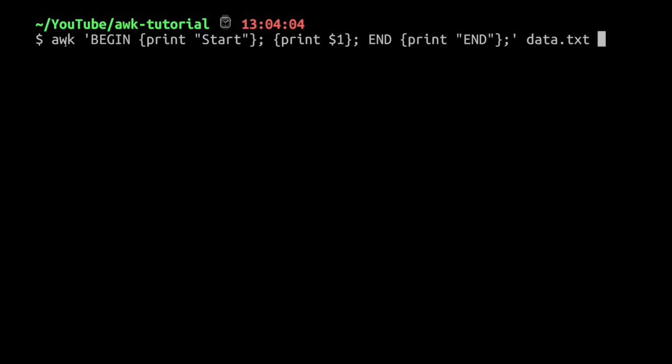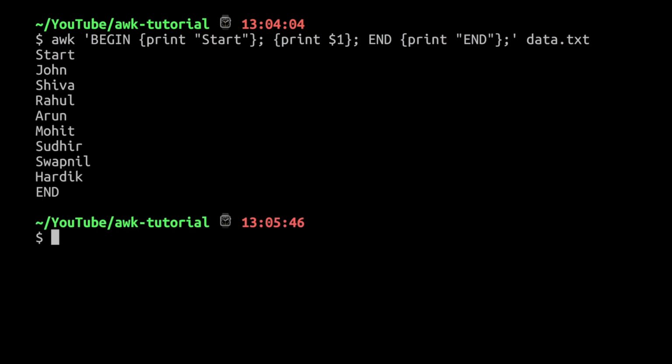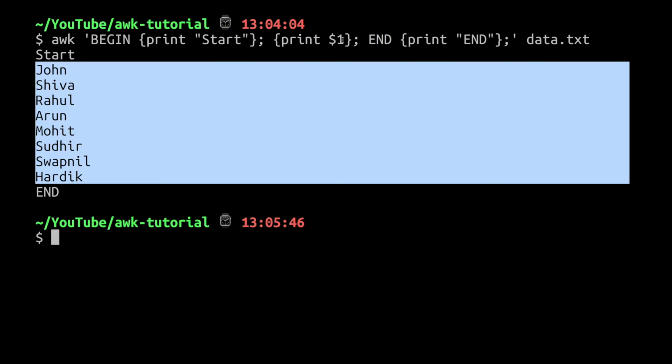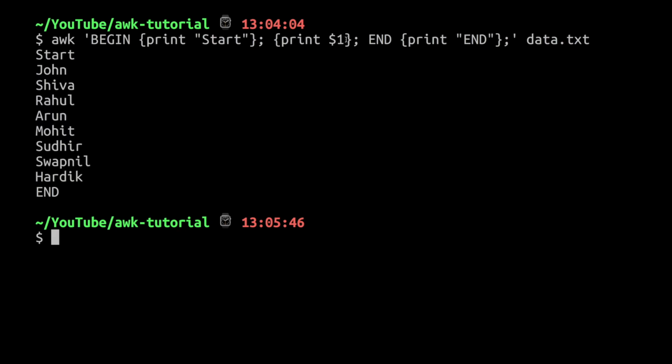So here what I did, I simply added a BEGIN, and for that I have added a print statement, and then I'll be processing all my records where it will print the first column for each record, and then at the end I'll simply print end. If I press enter, as you can see at the very beginning we got start, then it processes all the records, taking the first column of each record, and then at the end it executes the print statement from the END block.